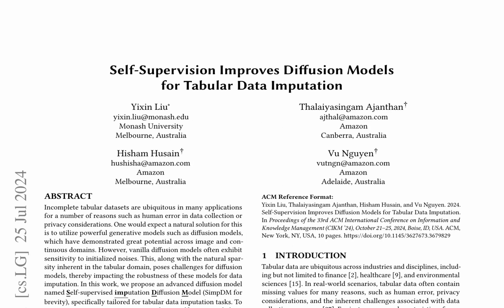The paper addresses the issue of missing values in tabular data, a ubiquitous problem across industries, and proposes an advanced diffusion model called Self-Supervised Imputation Diffusion Model, SimpDM. It identifies two key mismatches: objective mismatch and data scale mismatch, that hinder the performance of existing deep generative models